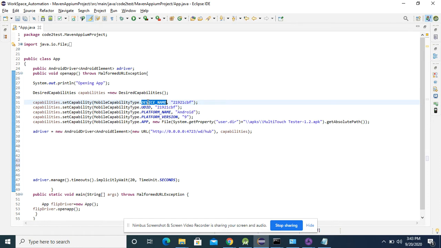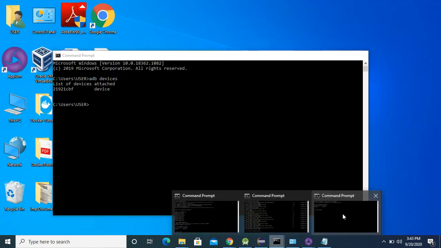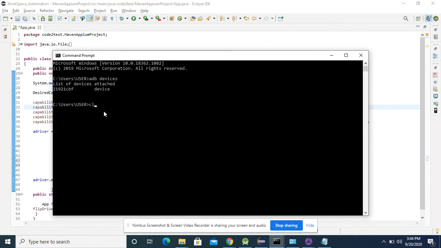If you want to check the name or UDID of your device, just go to your command prompt and type adb devices.